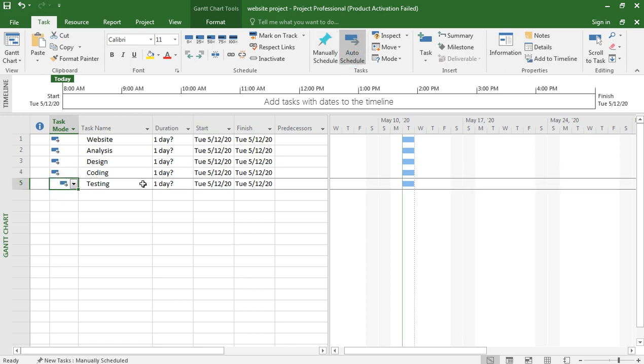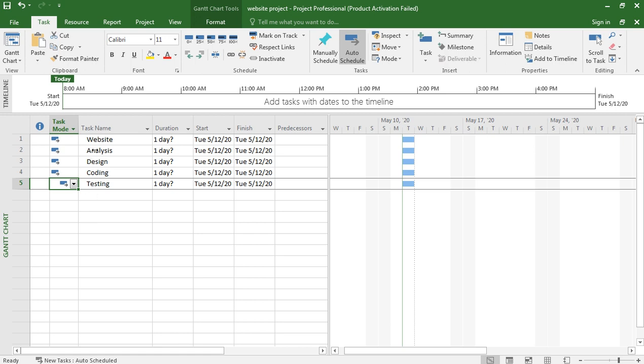Now by default it is saying that website will be completed in 1 day. And if you go to new task, manually schedule, and if you click here, you see auto schedule. Auto schedule and manually schedule. Manually schedule means you put dates yourself. Auto schedule means dates are arranged automatically.